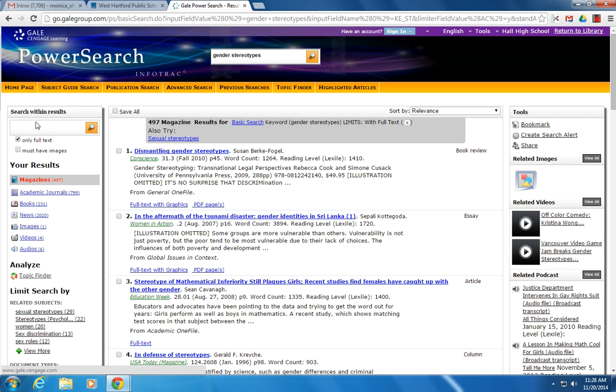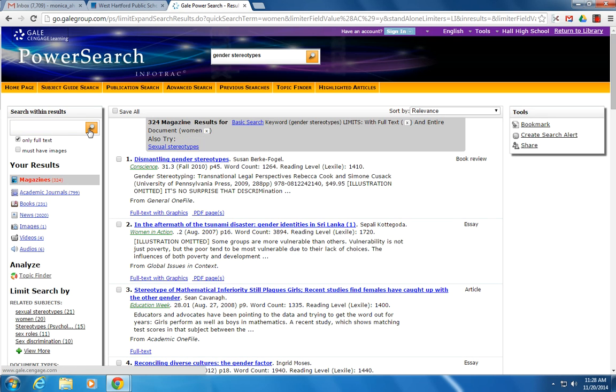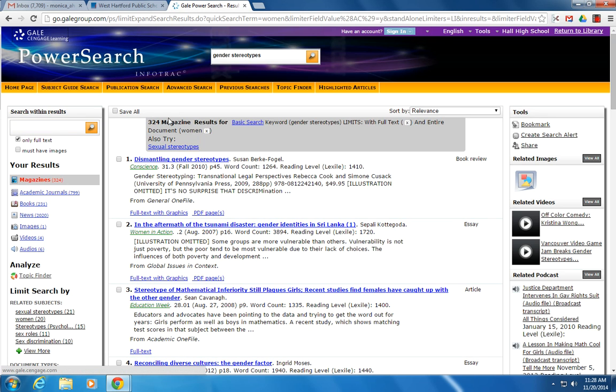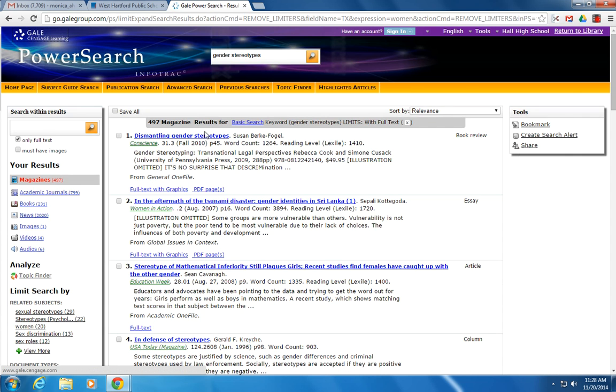So the first great way to limit your results is to do a search within results. So if I wanted to find articles that dealt with gender stereotypes and women, I would put my search term in there, and you'll notice right away I've limited my number of results. You'll also notice that this gray box shows you all of the search limiters that you have in your search so far, as well as sometimes suggesting additional subjects. If you want to get rid of any search limiters, you just click on the X and you go back